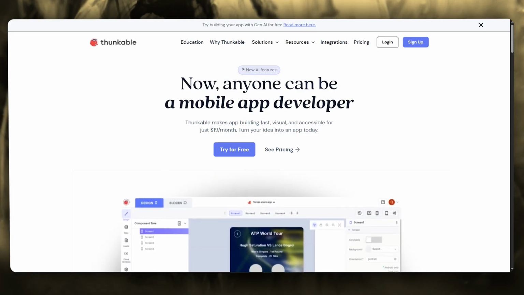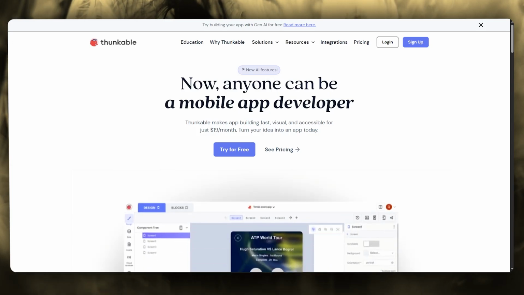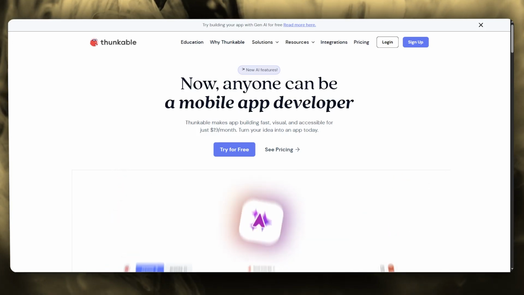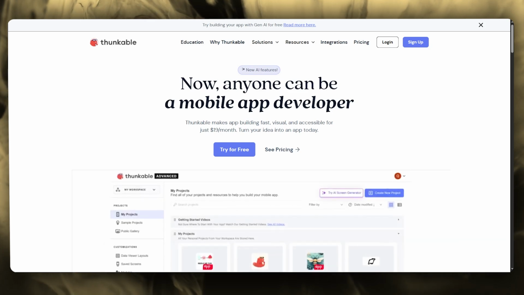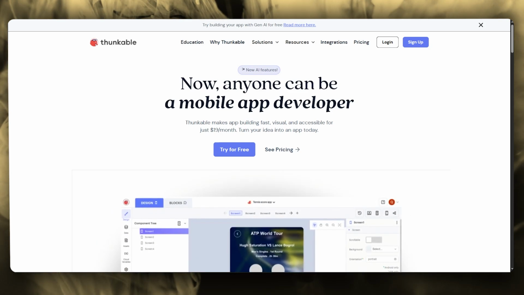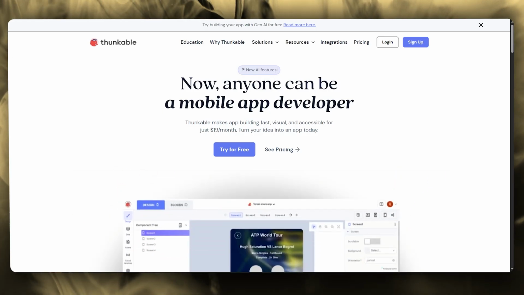In this step by step guide, I'm going to walk you through everything from signing up to actually building. And not just building, designing, previewing, and publishing your very first app. And you can do that all without a single line of code. So let's begin with what Thunkable is and why it's become one of the most popular platforms for non-coders and